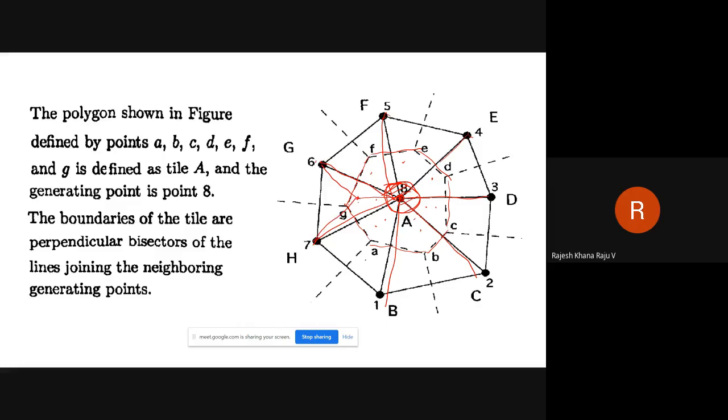That will never happen. That is the concept of this tile. That means a point within this tile is nearer to this generating point rather than the neighboring generating points. So that is the criterion of selecting the generating point within a tile that we will use for our Delaunay method. That is basically the objective.